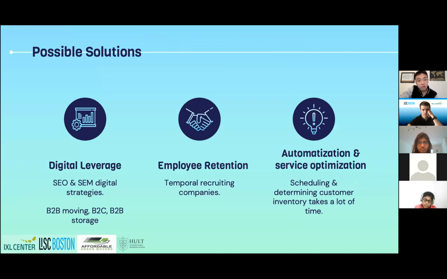So the three possible solutions that we came up with, the first one is digital. We think that's where the main problem is, and that's one of the main things that is keeping the company from growing. The second one, we want to work on the employee retention side. And the third one, we want to create more automation for the company in terms of creating schedules and talking to Ed, and then creating a reduction in the interaction between customer and employee, but maximizing utility for them. Thank you.